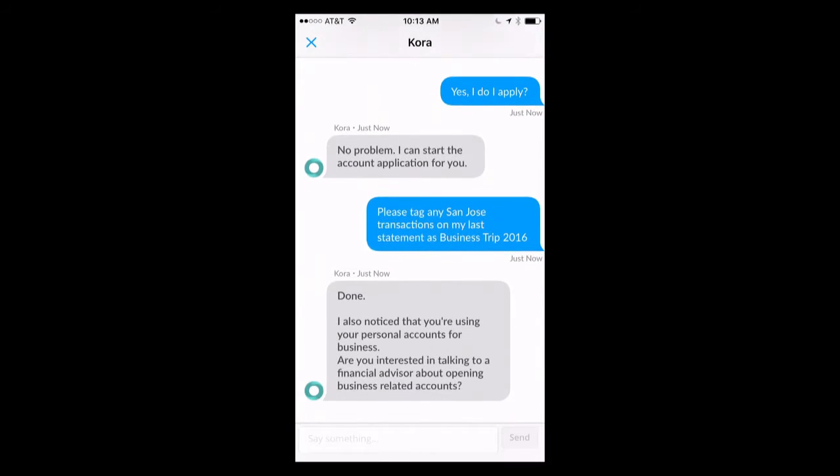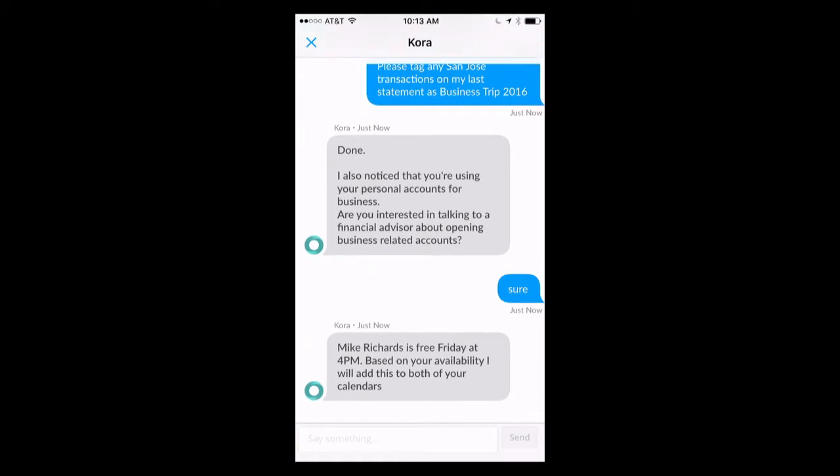And again, so conversationally, I'm interacting with the bot, and the bot is on your behalf expanding the relationship with the customer and the consumer. Here I just said simply, I would like to tag all of the transactions that I've had in my account over the last 30 days or the last week. You could specify a range of dates, et cetera, and the NLP is smart enough to be able to understand what you're saying. And in this case, I said tag it as business expense and classify it as Finovate 2016, I think I said, business trip. Okay. And so the bot said, done.